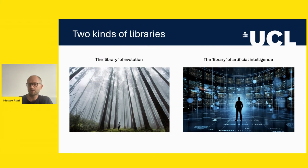The second thing that we can do today, and this is a very recent development, is that, as you know, artificial intelligence is becoming a very powerful tool. And AI is very good at creating huge libraries of information, and then also at scanning these huge libraries. So we can also have this second huge library that we can ask for help to understand which of the molecule designs, which of the conformations of molecules will be ideal